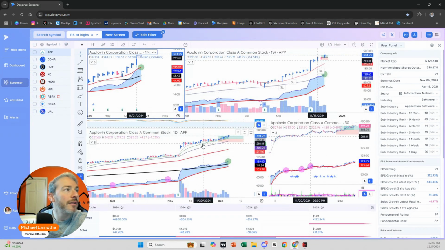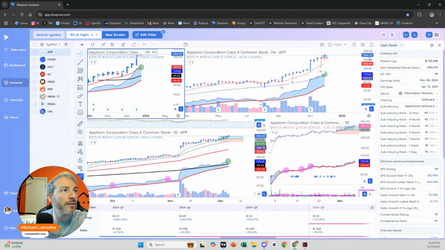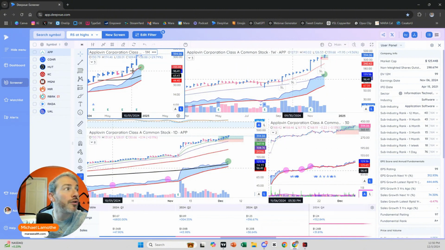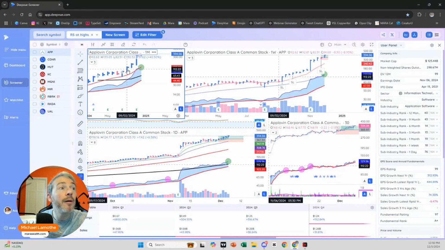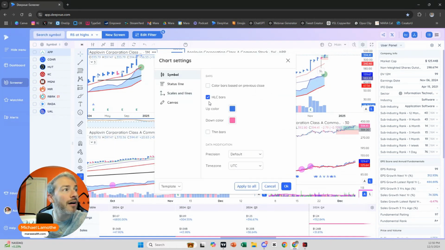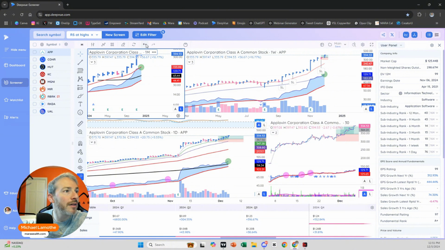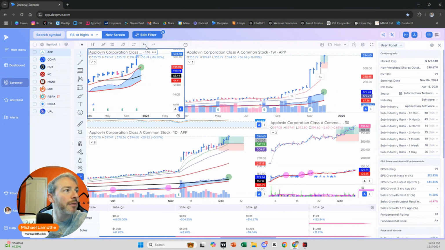And now the same thing is applied to each one of these charts as far as the bars go. You could have it just on one, but that little hack of clicking off what you want and then applying it to all is very, very helpful. Just to get it back to what it was before,